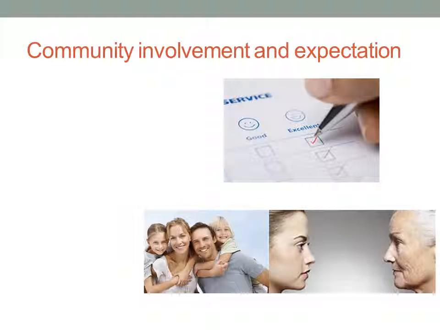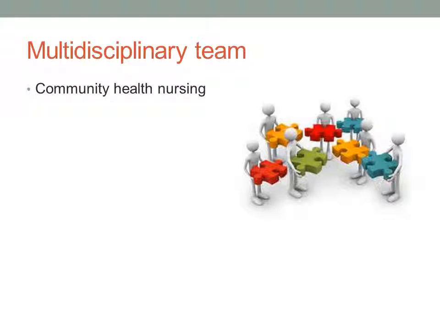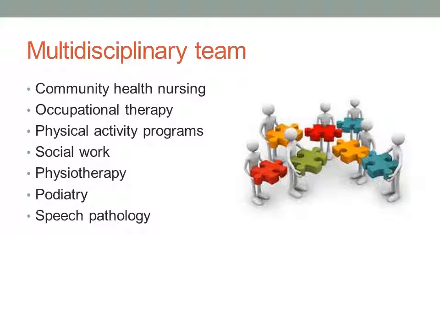Community involvement and expectation of Caulfield Community Health Service include access to completing surveys which highlight the community health service and the greater needs of its local population. Therefore, Caulfield Community Health Service have the ability to provide health promotion catering for the needs of its community. Caulfield Community Health is separated into 2 adult teams, the Healthy Aging team and the Healthy Families team, which both provide a multidisciplinary approach for adults within the Caulfield Community Health Service catchment area. These disciplines include community health nursing, occupational therapy, physical activity programs, social work, physiotherapy, podiatry, speech pathology, and of course